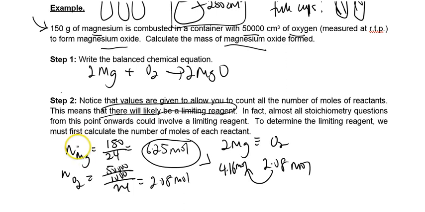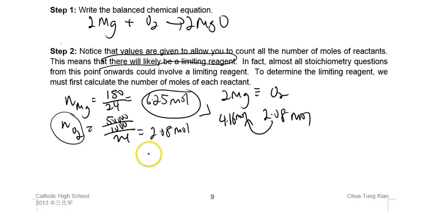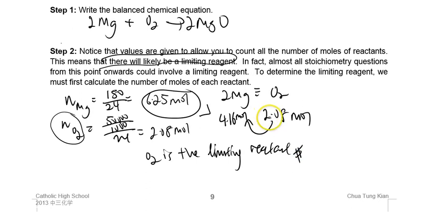So what prevents my magnesium from completely reacting away? It is the oxygen. So my oxygen limits the reaction, and I say that oxygen is the limiting reactant. Okay, so based on this, because only 2.08 moles of oxygen is present, it will only react with 4.16 mole of magnesium, which means that the product which is formed,